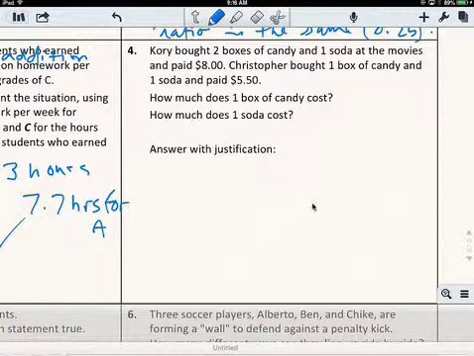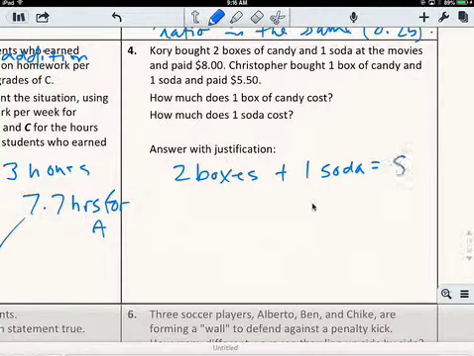Christopher bought 1 box of candy and 1 soda and paid $5.50. How much does 1 box of candy cost? How much does 1 soda cost? So 2 boxes plus 1 soda equals 8, and 1 box plus 1 soda